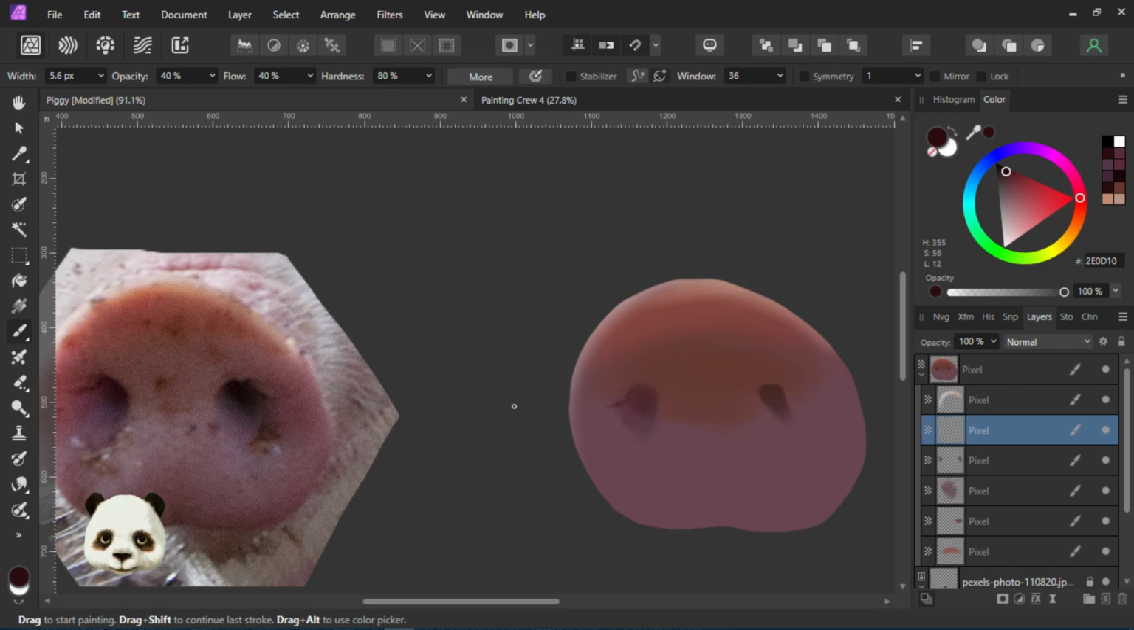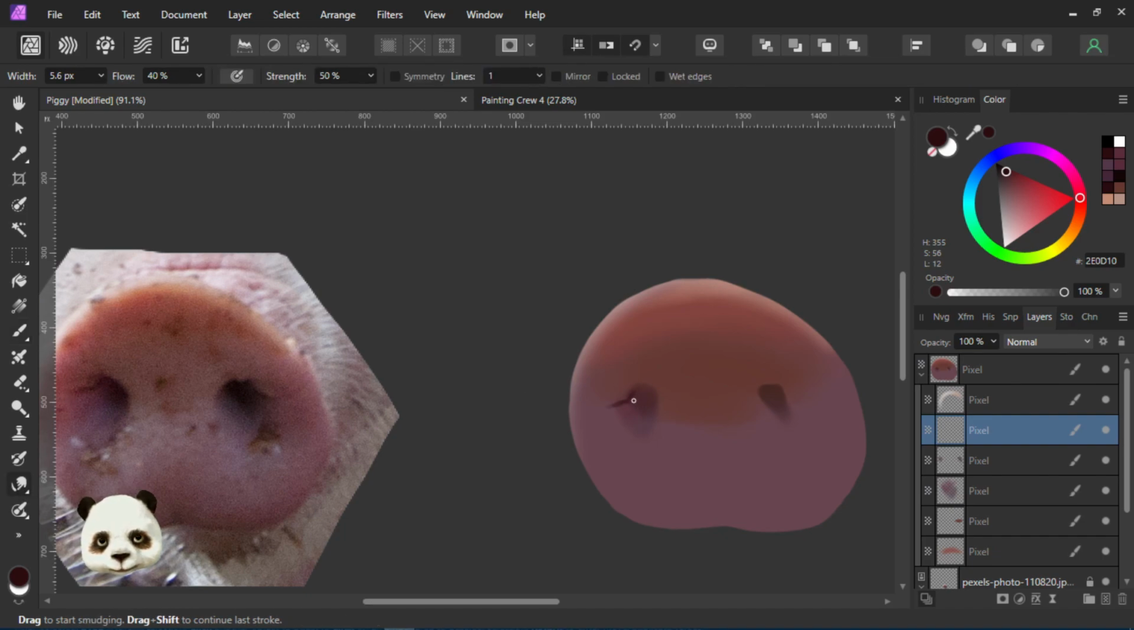Whoa. I'm gonna smudge it in here a bit more. And then slowly try to create the same shape. Anyway, if you find it a bit tedious like this, then you can apply some erasing